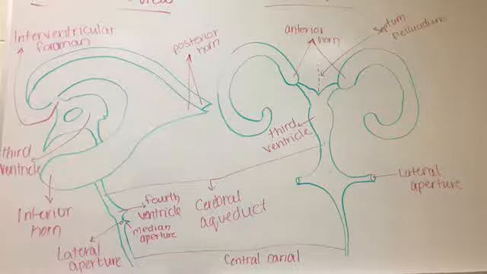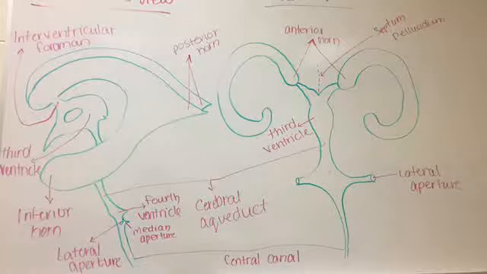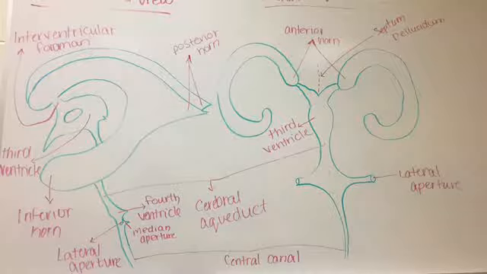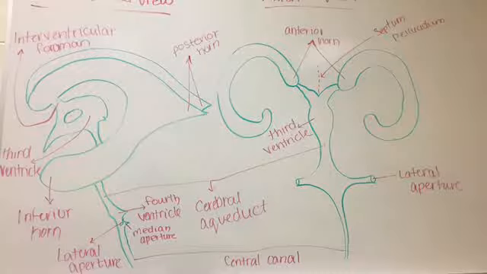Third ventricle, which is between the halves of the thalamus. And then we have the cerebral aqueduct, which connects the third and fourth ventricle. Then the fourth ventricle, which is down under the brain, where the cerebellum is. Lastly, we have two lateral and one median aperture, which carries CSF, cerebrospinal fluid, into the spinal cord and